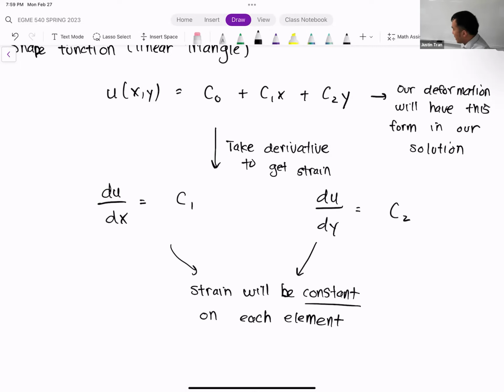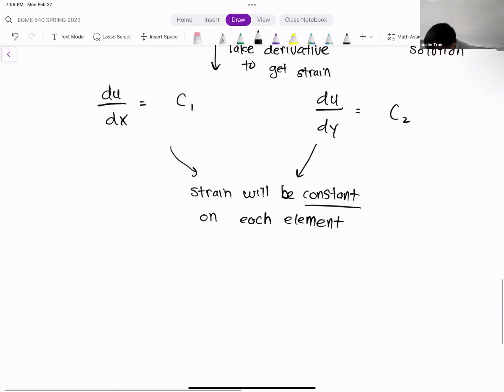Doesn't matter if you take the strain in the x direction or the y direction, it's going to be constant. And this is going to be true in 3D as well. And so in 3D, when we do that on Wednesday, you'll see that you get constant strain elements. Constant strain means that the stress is going to be constant in the element as well.